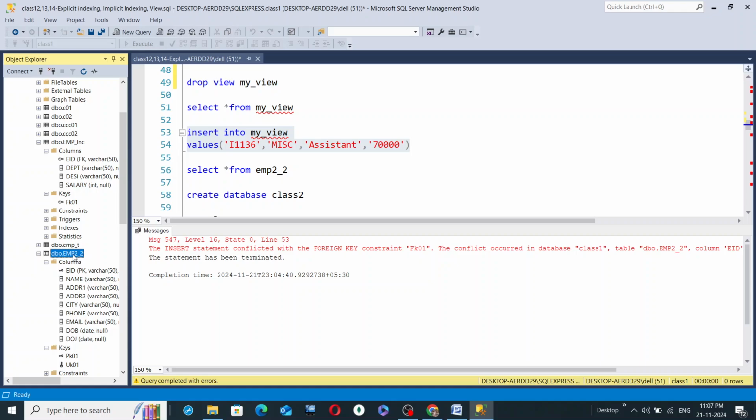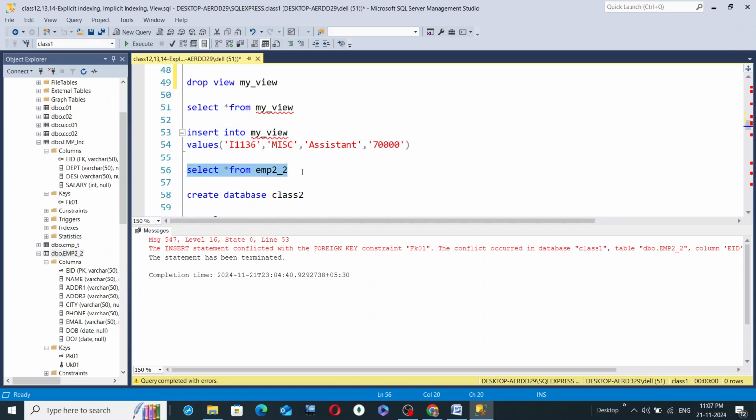It was created to store all its employees' records regarding name, city, phone, date of birth, date of joining, email IDs and all, and associated records of 79 employees were stored in the emp_inc table. But the emp2_2 table consisted of the EID values of all its employees. So if I want to just run this line 56,